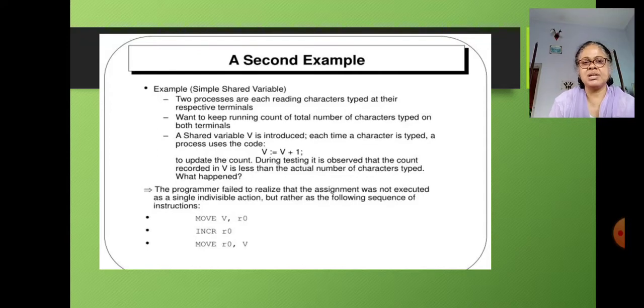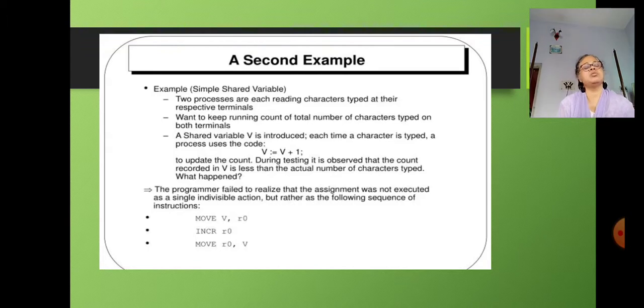Let us take a second example. Simple shared variable. Two processes are each reading characters typed at their respective terminals. They want to keep a running count of the total number of characters typed in both terminals.